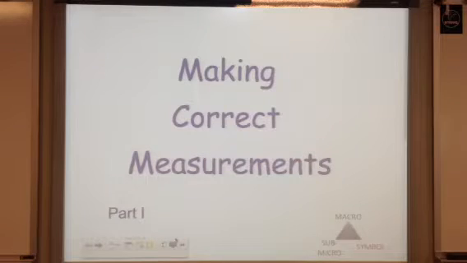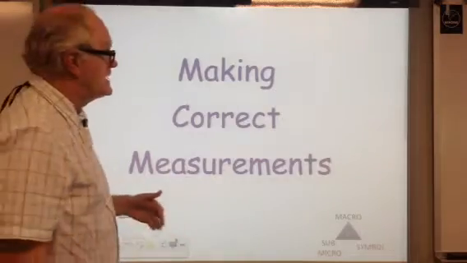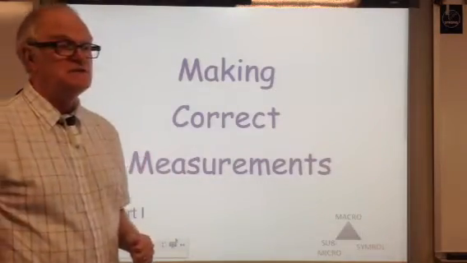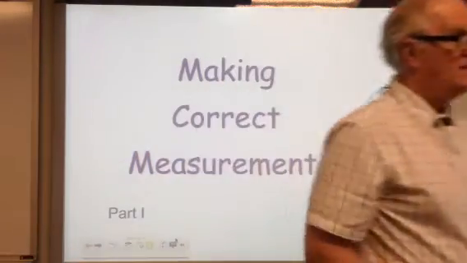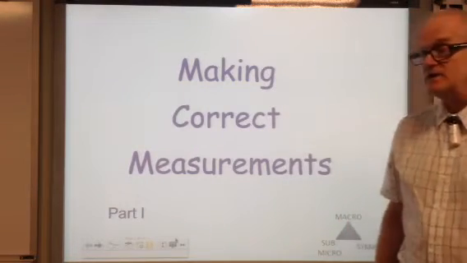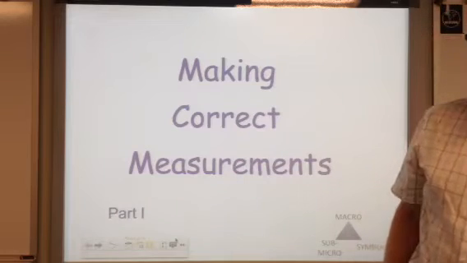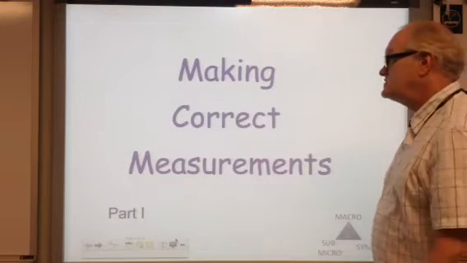Making measurements is an important part of science. Remember, chemistry is the study of matter and how things change, matter and its changes, and we might want to make some measurements so we can tell how things are changing and how things have changed, so we can understand what's going on. But as with lots of other things, there is a correct way to make a measurement and